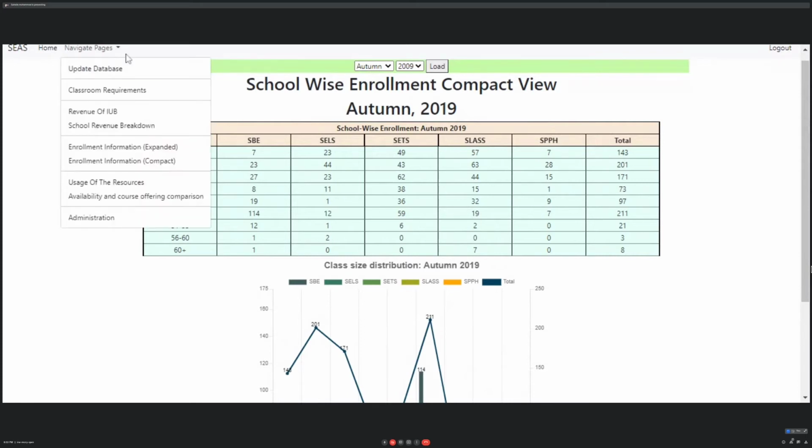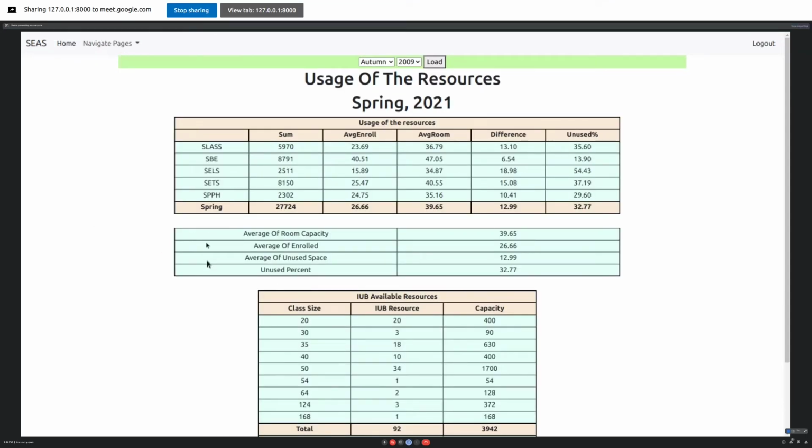Thank you. Hello, my name is Ariful from Shiam. I am in member group 1. I'm going to discuss the usage of resources table, Spring 2021. This table has 6 columns. The first column shows the school name. The second column is the sum of average enrollment of students per school. The third column shows the average enrollment per section, and the fourth column shows the average room capacity per section,